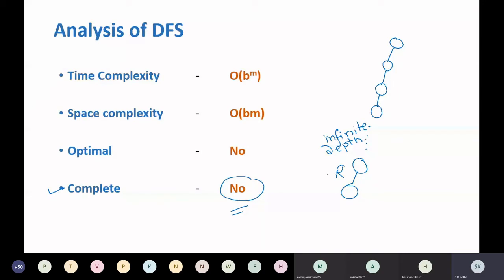It will go into infinite depth, keep moving in that loop infinitely, never come out of that, and you will not get a solution. Although your solution may be somewhere here, this might be your goal node, it will not reach that. Therefore, the algorithm is not complete.